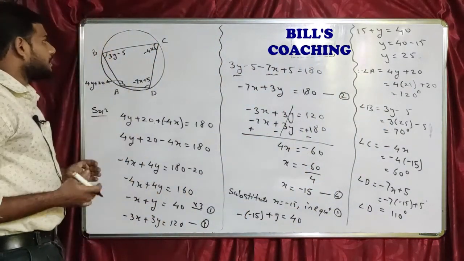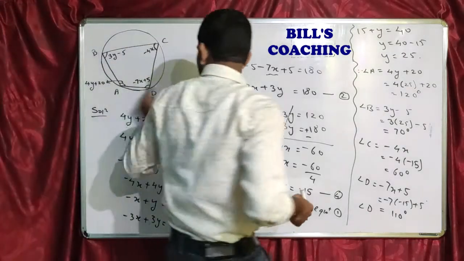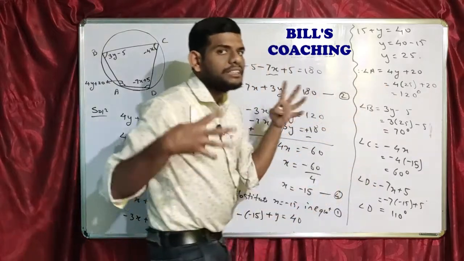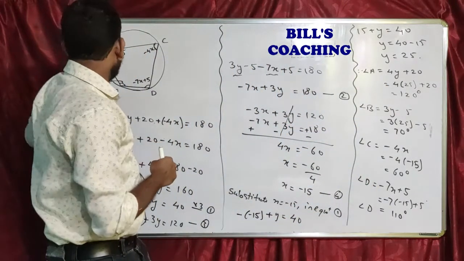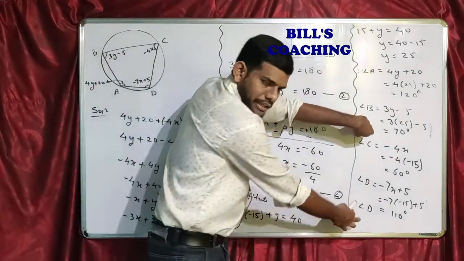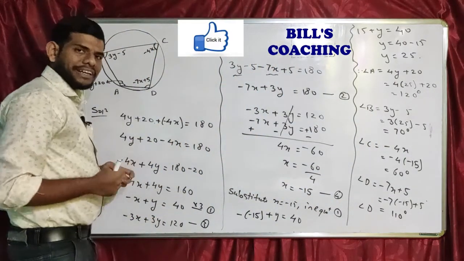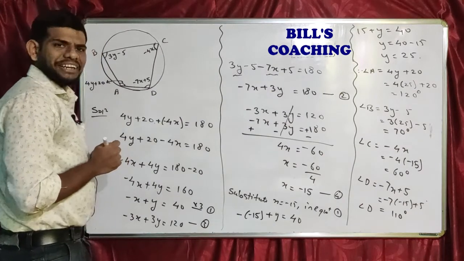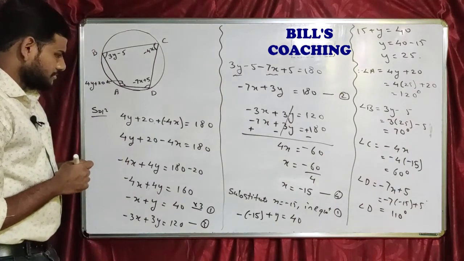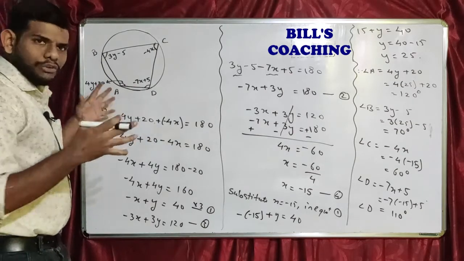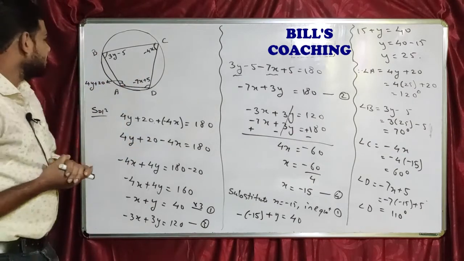Okay, so let us verify cyclic quadrilateral. Angle A plus C, what is angle A is 120, C is 60, sum becomes 180. B and D, B is 70, D is 110 and sum will become 180. So we got a correct answer, right? Okay, so nice problem. By now, I think all of you must have understood this problem, right?